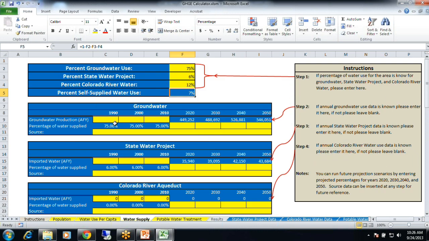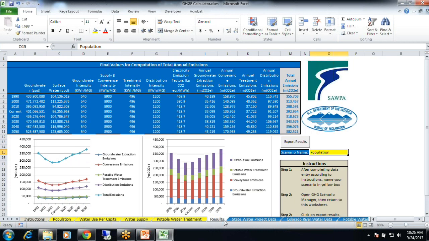But if you have the volumes, go ahead and put in your volumes, and then I'll show you how to experiment with different scenarios using the projected water supplies in just a second. So we'll just finish this up real quick. Let's go back to our results and see, wow, that changed it drastically. And it wouldn't if Orange County was more of the Southern California standard. But like I said, a very, very large portion of their water supply portfolio comes from groundwater. So I'm going to name this little adjustment water supply. This is just so that we can compare what the different levels of data have done.